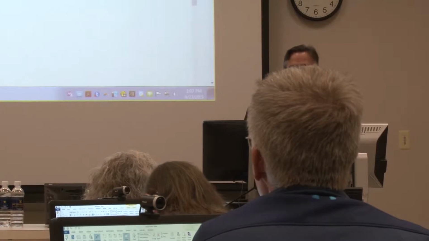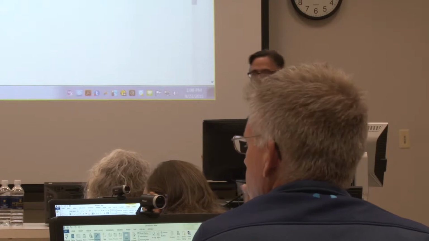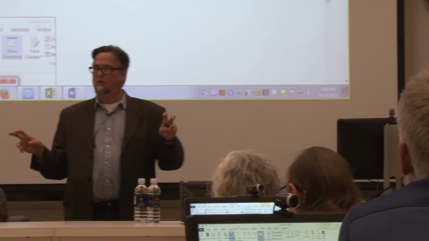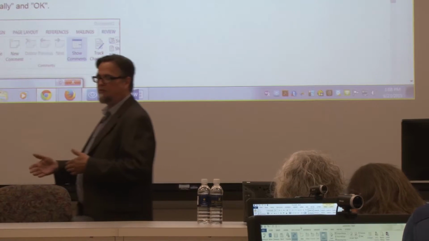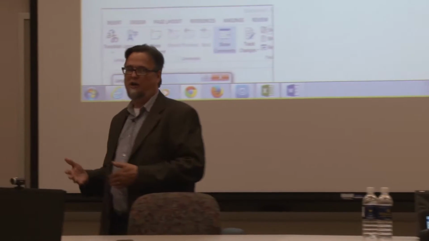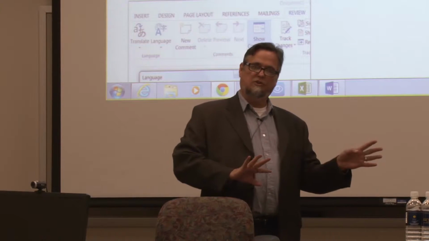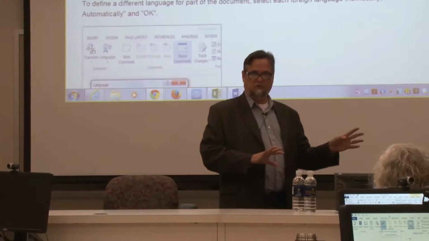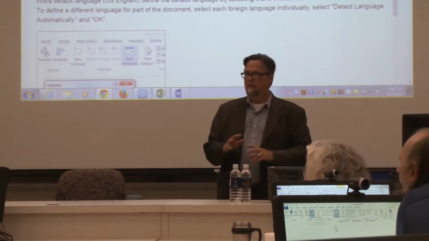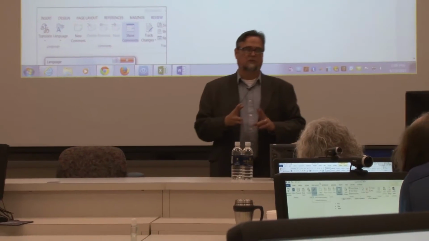So basically what we're going to do is talk about identifying the language in a document. And this applies, again, everything that you're learning here in dealing with Word. We're just using Word as a demonstration tool. From this point forward, you'll know after doing these and following each of these steps how to create an accessible Word document. But all those skills transfer over to any other authoring tool. So if you're going to be dealing with PowerPoint, if you're going to be dealing with Excel, if you're going